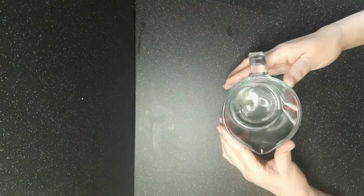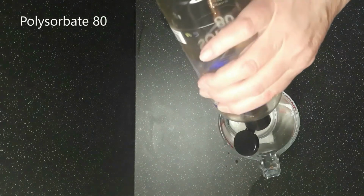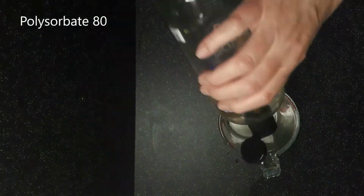Okay, that's our hangover blend sorted. Now I'm just going to crack on with adding the rest of the ingredients and finishing up the steamers, so